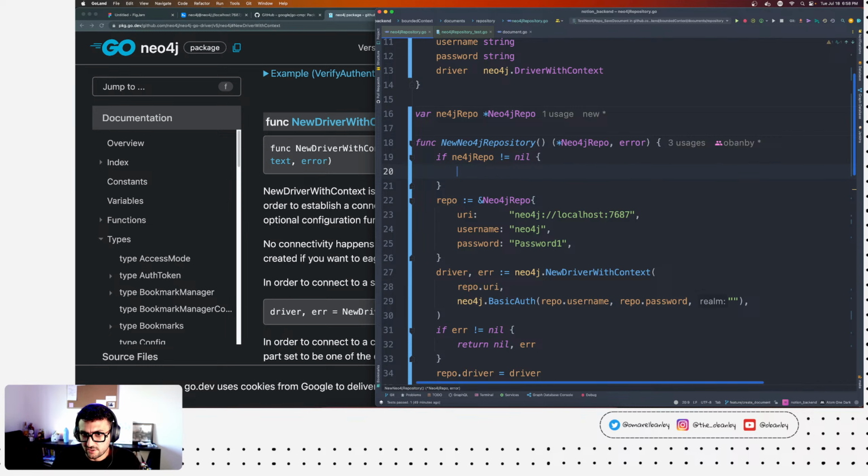Well, actually, if it is not equal to null, return the Neo4j repo. Right?